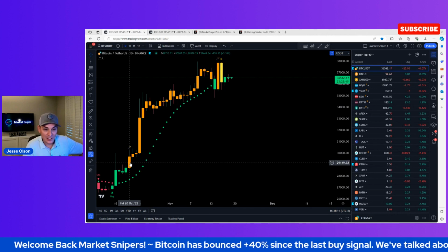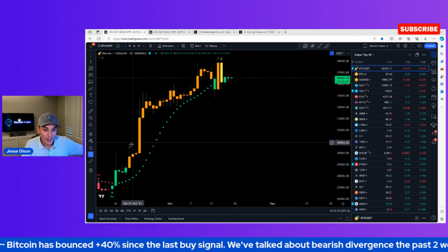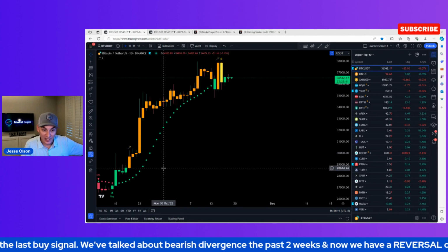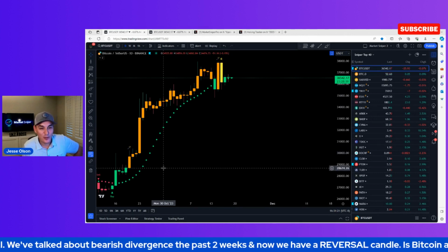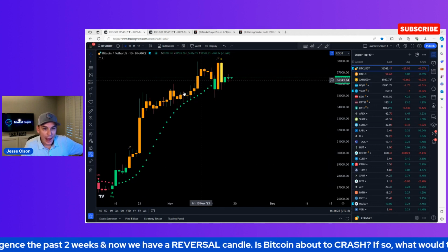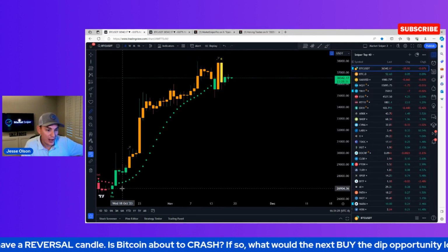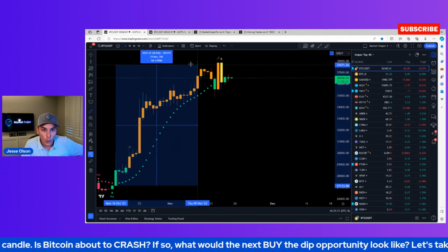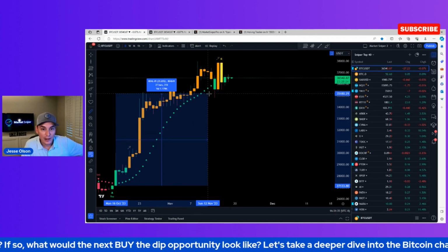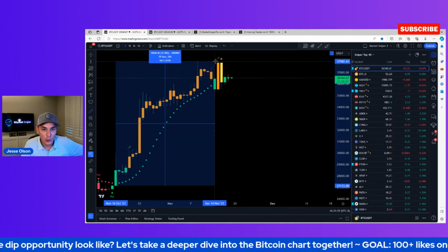So it started to get overbought October 20th. Sometimes that's when the magic happens. We actually have a magic wand on the indicator itself because sometimes when the magic happens, right? So price started to keep pumping up. From the buy signal to this very top wick here is very close to 40%. Then it retraced back down, dropped back down, and pumped all the way back up,